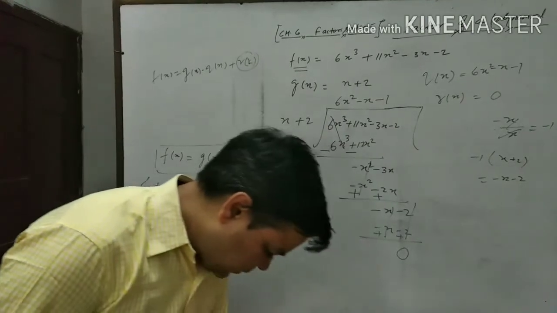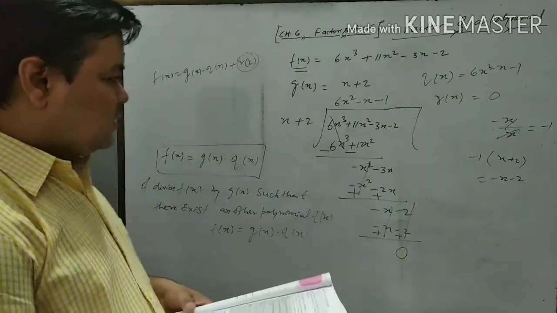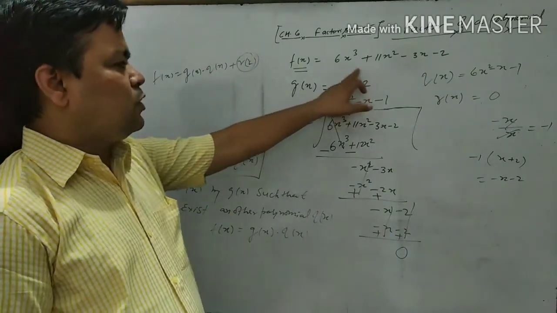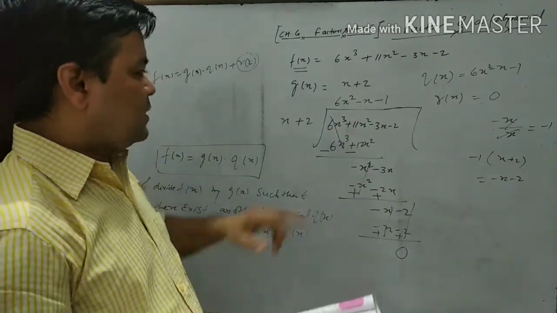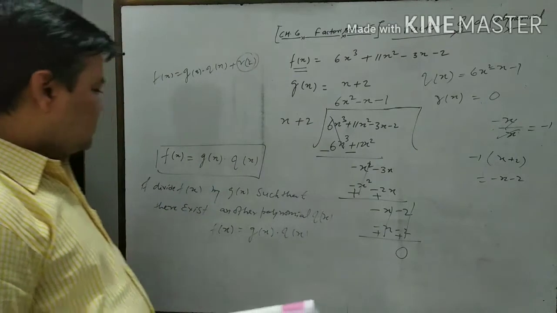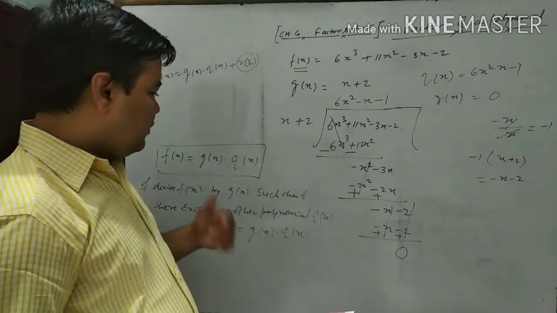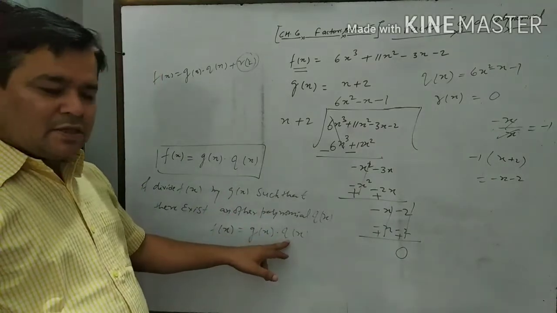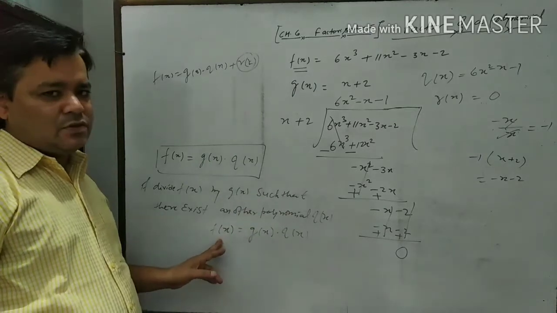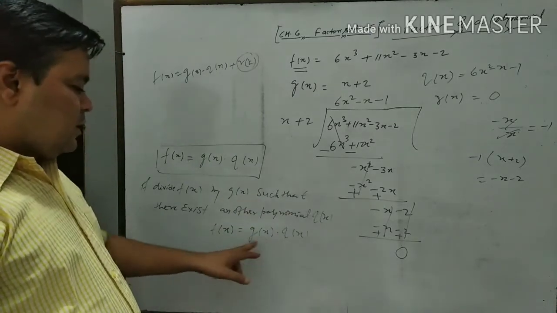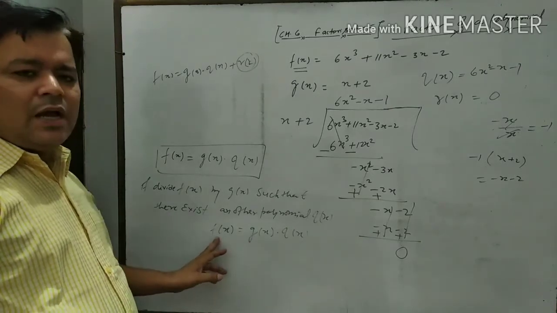So in this way we can say that a non-zero polynomial g(x), here this polynomial g(x) is a non-zero polynomial because this is x plus 2, is called a factor. This is called a factor. Means g(x) is called a factor only in that case if we have another polynomial q(x) such that the multiplication of g(x) and q(x) is equal to f(x). Therefore, here g(x) is the factor of f(x). Similarly, q(x) is also the factor of f(x).